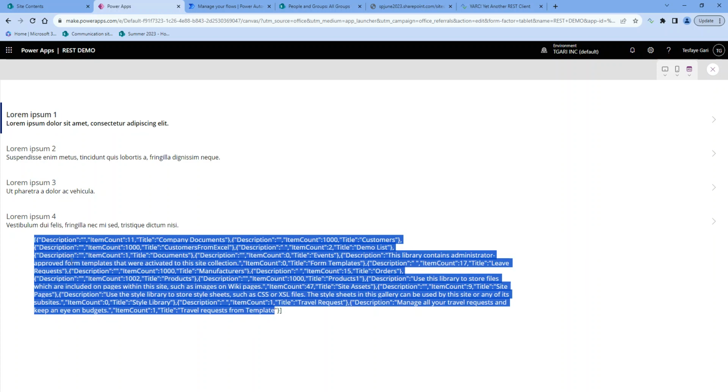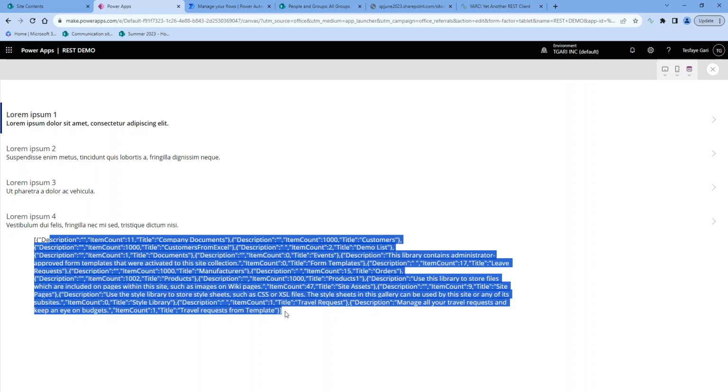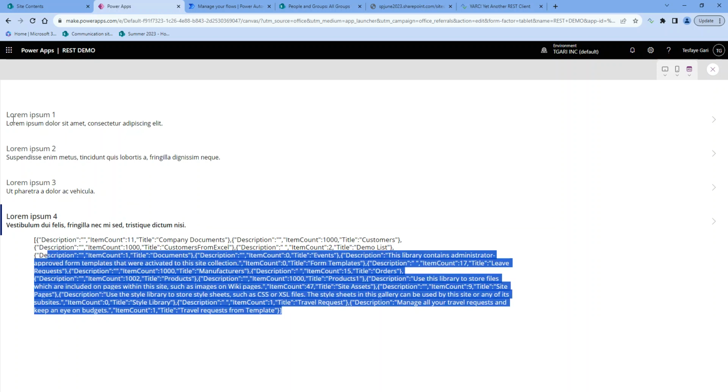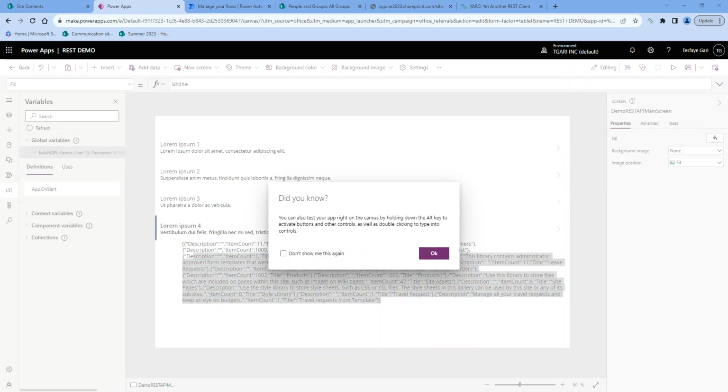Can you guys see that? So this is coming from SharePoint, from the Power Automate. The Power Automate executes it and runs it, and it gave me back all of my SharePoint lists in this format. This is good, but it's not something I can just give to this guy to display. So before we give it to this guy to display, we need to write a